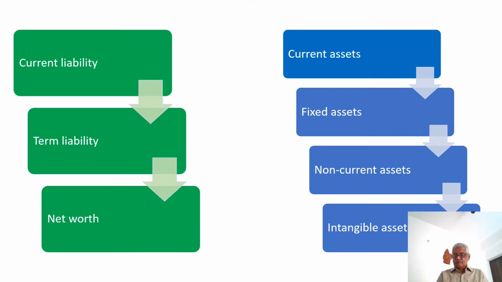We know that current assets are assets which are convertible into cash and are part of the operating cycle. In the fixed assets, the intangible assets are separately classified in the banker's analysis as intangible assets. Anything which doesn't fit into current assets, fixed assets, and intangible assets will be shown as non-current assets. In other words, a non-current asset is an asset which is not a part of the working capital cycle, or it is an asset which cannot be converted into cash in the next 12 months.